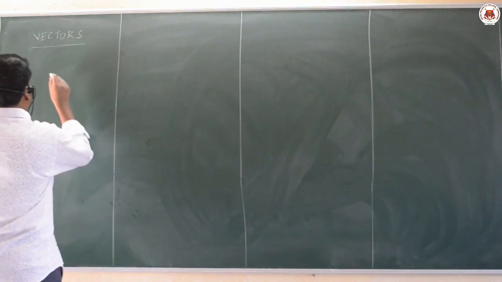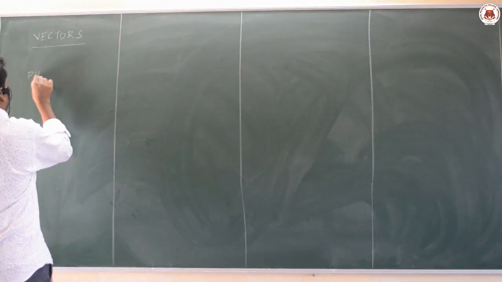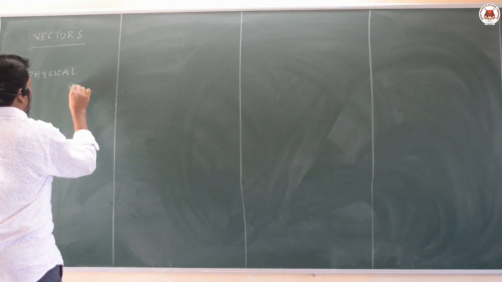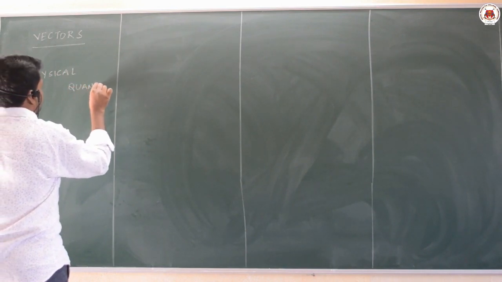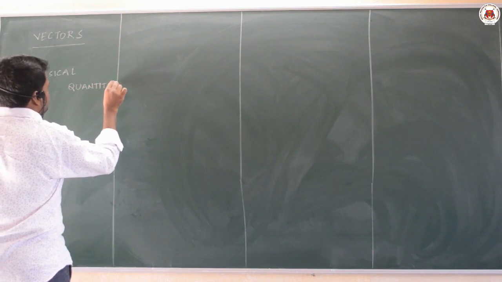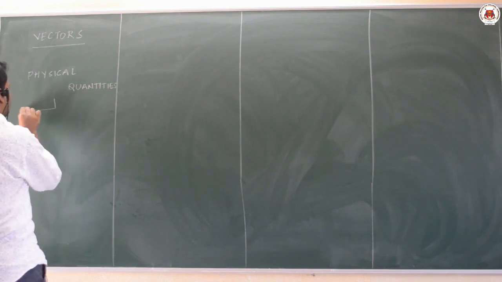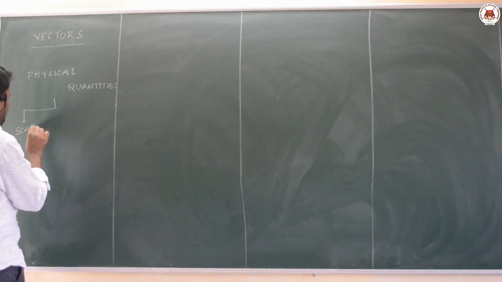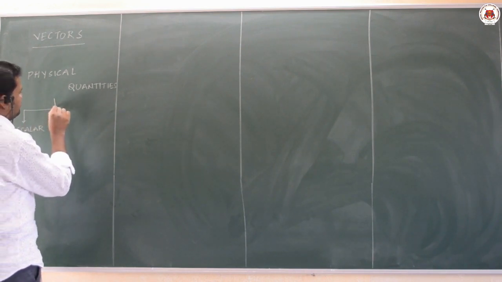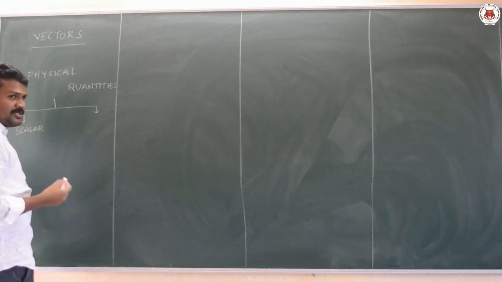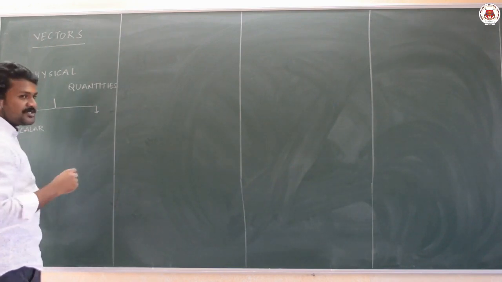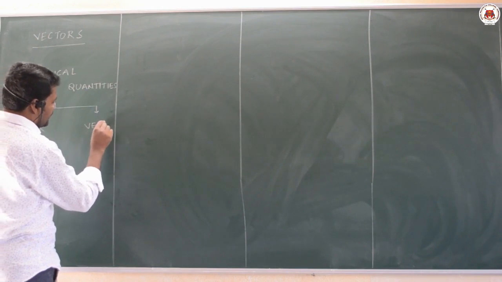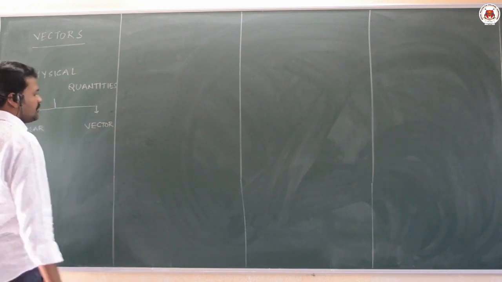Physics consists of physical quantities. These physical quantities are divided into two types. One is scalar, the other one is vector. Some people will have a doubt about what a physical quantity is. A physical quantity means what we study in physics, like distance, displacement, velocity, speed; all of these come under different